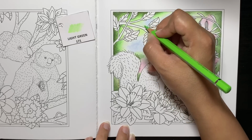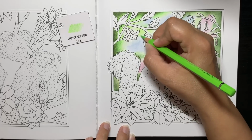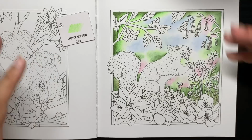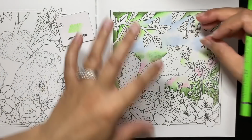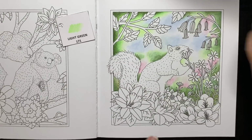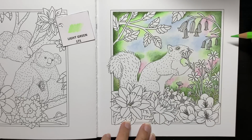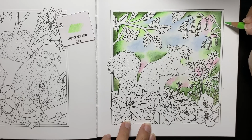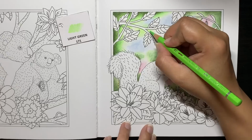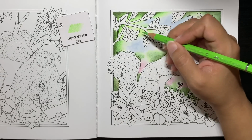You can also blend in the colors. So I'm putting a bit into that blue there, because I don't want them to look completely separate. In some areas, you want to mix them so that rather than them being all quite disjointed, you want to blend the different colors together as well. So like the blue and the green, or the pink and the blue. You have to be careful with pink and green, because I find it gives a brownish shade. But yeah, all right. I think I'll leave it at that for now,